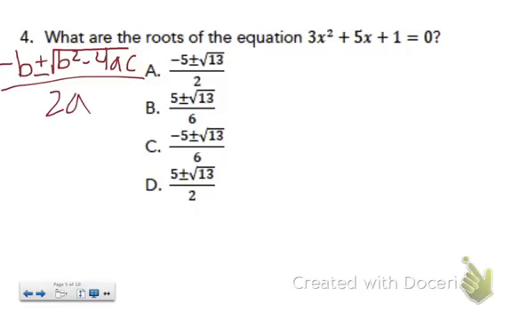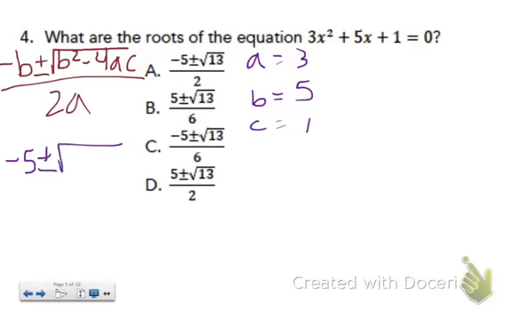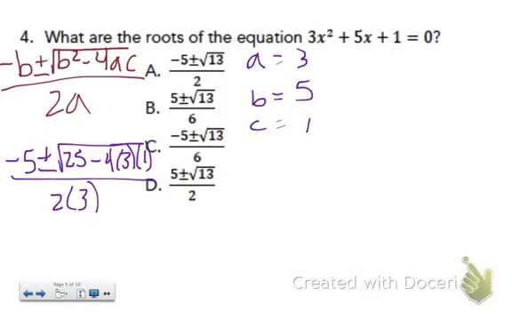So a is 3, b is 5, and c is 1. So negative b, negative 5, plus or minus the square root of 25 minus 4 times 3 times 1, all over 2 times 3. And actually, I can keep simplifying, but from there,